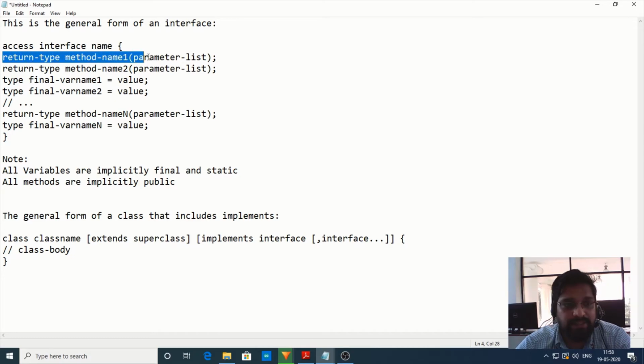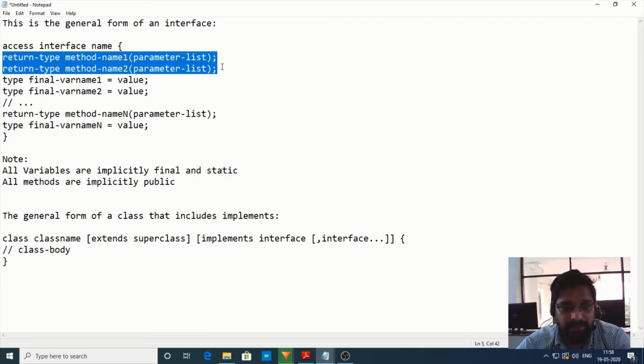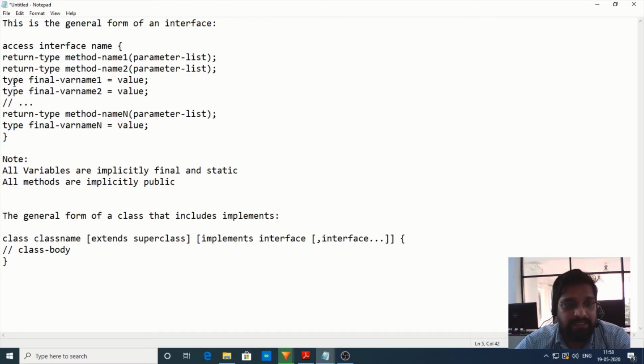Now inside this interface we can declare only methods. That's what it says. Inside this interface they have declared a variable, and to this variable they have assigned a value. These variables are not instance variables. These variables are final variables. What do you mean by final variables? Anything which is final cannot be modified. In C and C++, you can think of them as constants. In Java, anything you want to make constant, we use the keyword final.